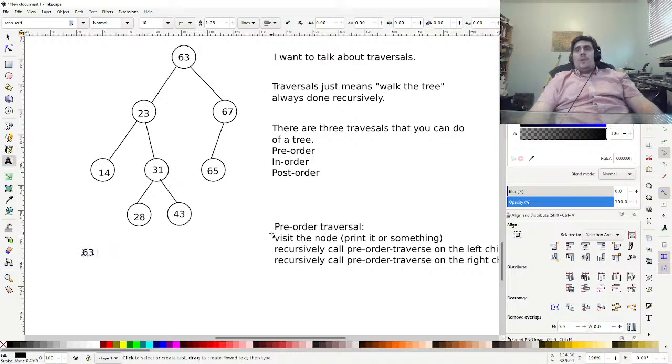So we call pre-order on 23, and then pre-order on 67. Pre-order on 23 evaluates into 23 because we visit the node, and then it becomes pre-order of 14 and pre-order of 31, and pre-order of 67 is still unevaluated. Then we get 63, 23, then pre-order on 14,